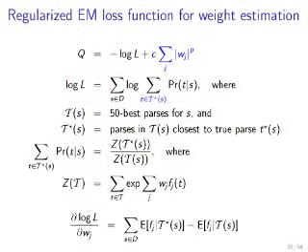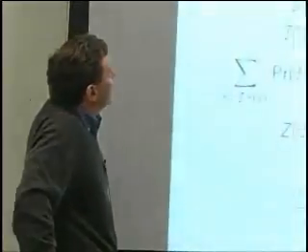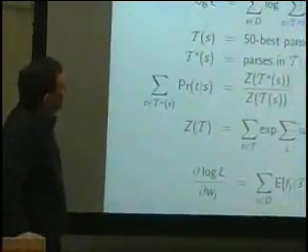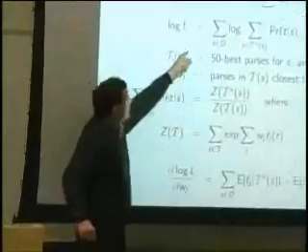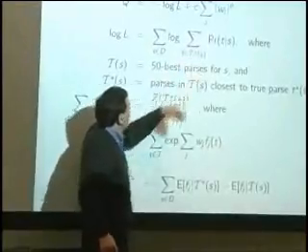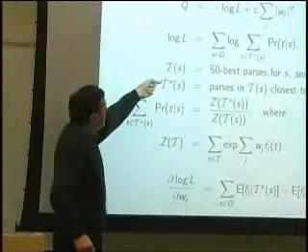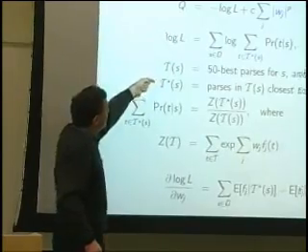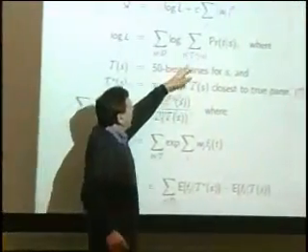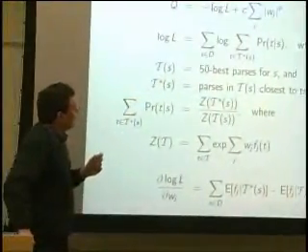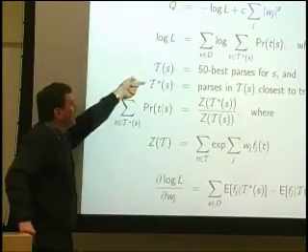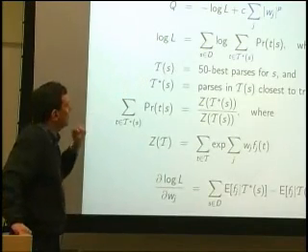So here's the loss function in some more detail. Q is the loss function we're going to try to minimize. It's the negative log likelihood, plus, in blue, a penalty term for the regularizer. Here's the log likelihood. Essentially we need to compute this over the set T star, which is the set of parses in the 50-best list that are as close as possible to the true parse. This is the EM-style loss function. I think this is not such a crazy loss function, because what this is saying is, look, I really don't care which of these very good parses you wind up picking. You should get credit for those.